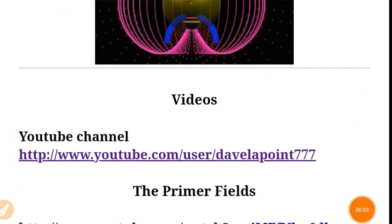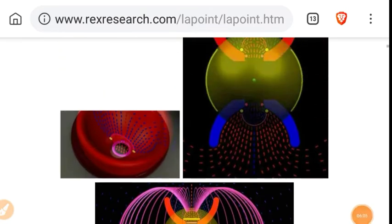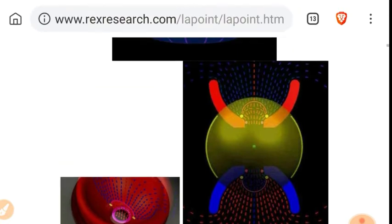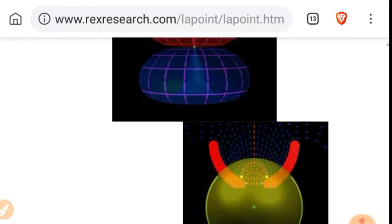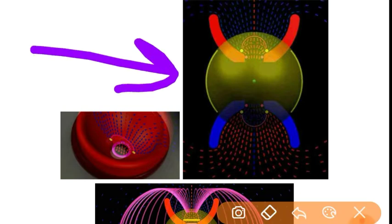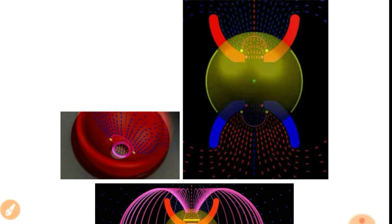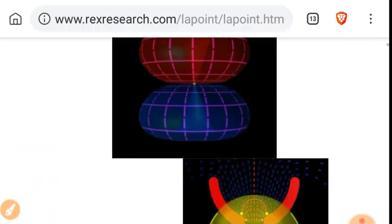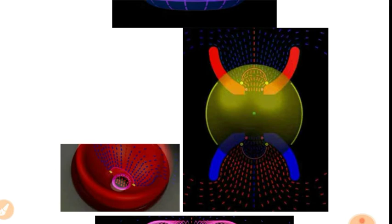What is the sun? Well, the sun is condensed matter acting on the surrounding bodies through its magnetic fields. What kind of magnetic fields? This kind of magnetic fields. They're called the primer fields because there are multiple fields. People think the sun is like a bar magnet. It is not. The sun's fields